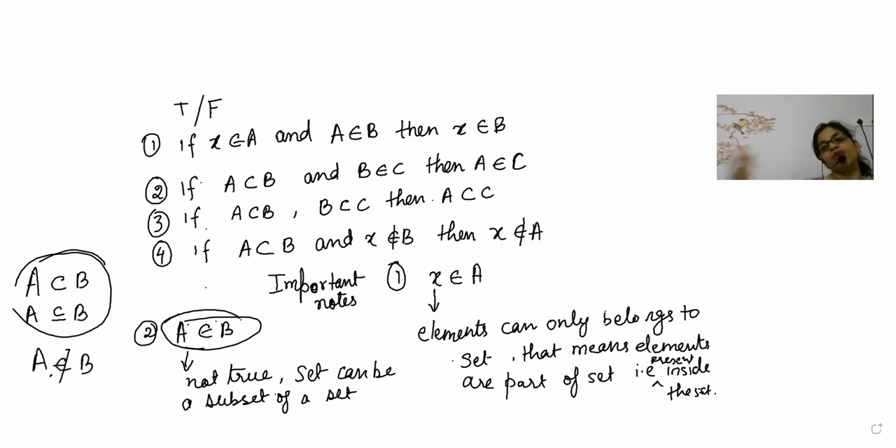But if me and one more teacher are there, we will be subsets. So students belong to teachers, meaning students are a part of a teacher's life, but a teacher can be a subset of another teacher. Teachers are sets, students are elements. Students are elements, a student can go inside a class, but teachers are exactly sets. I hope with that example it is easy for you to understand this concept better?